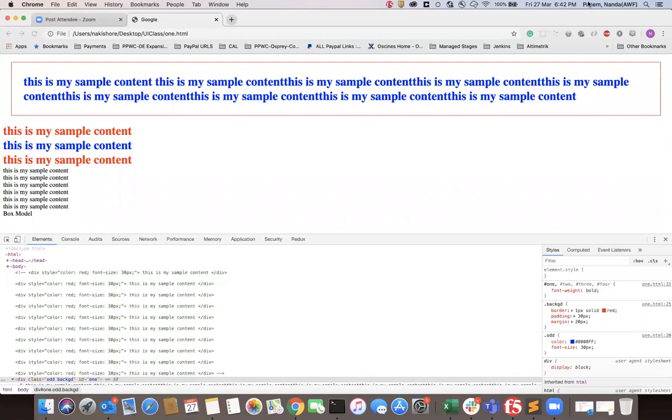So the next concept we are going to see is links, and how a link can have CSS styles.